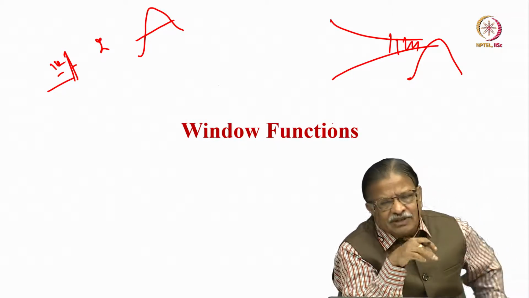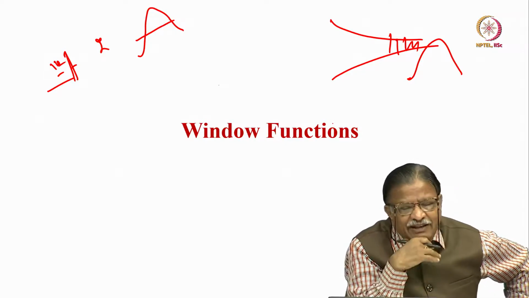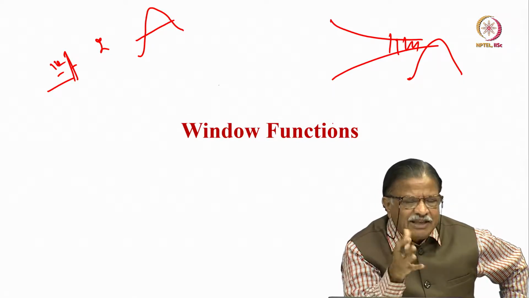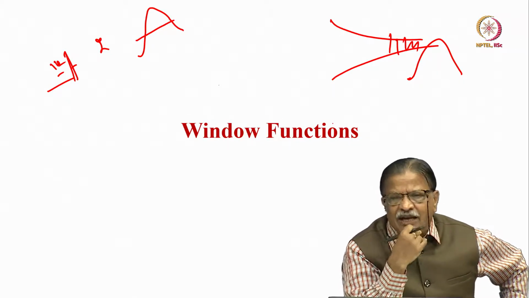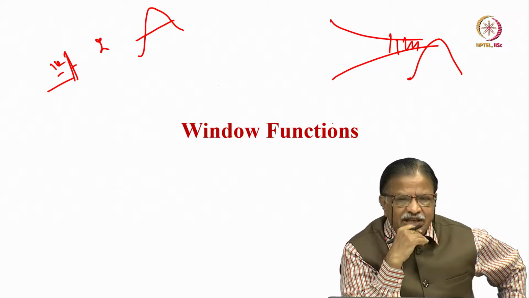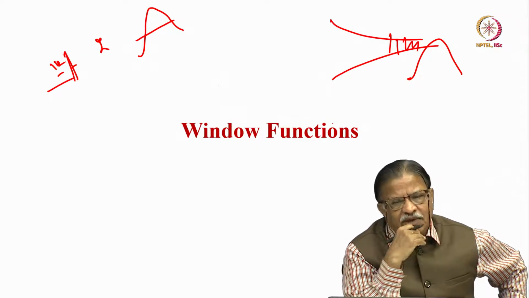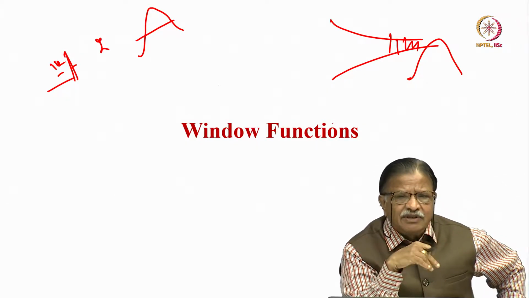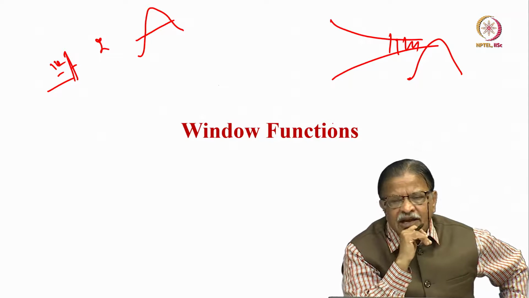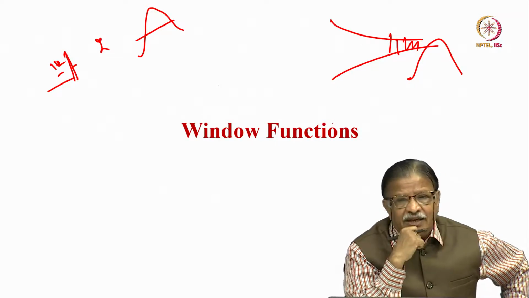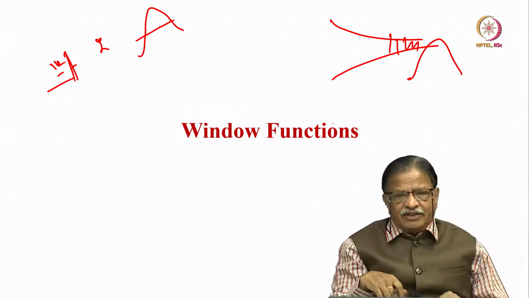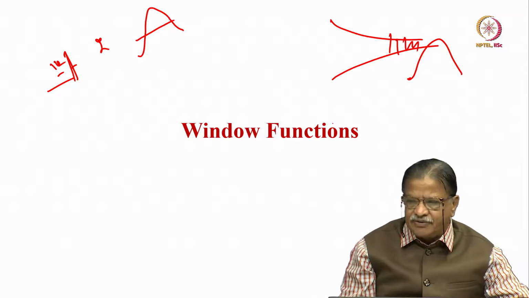These are all several window functions which you multiply, which you can do after you acquire the data in the time domain. After acquiring the data, you multiply with these window functions, and see that the type of frequency domain spectrum you get could be highly resolved or have less noise and everything. And many window functions are there. One of them is the exponential function, Gaussian function, trapezoidal function, sine wave function, shifted sine wave, varieties of window functions are possible. Depending upon the type of free induction decay you are going to get, how the time domain signal looks, you can use one of these functions to get the right spectrum of your choice.